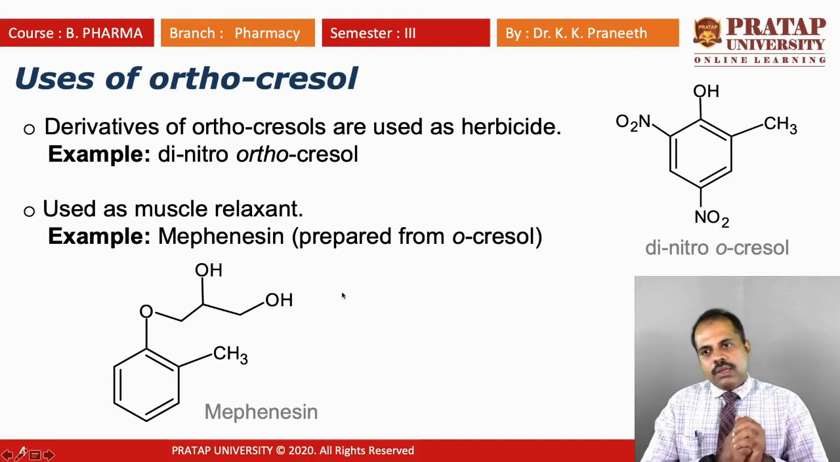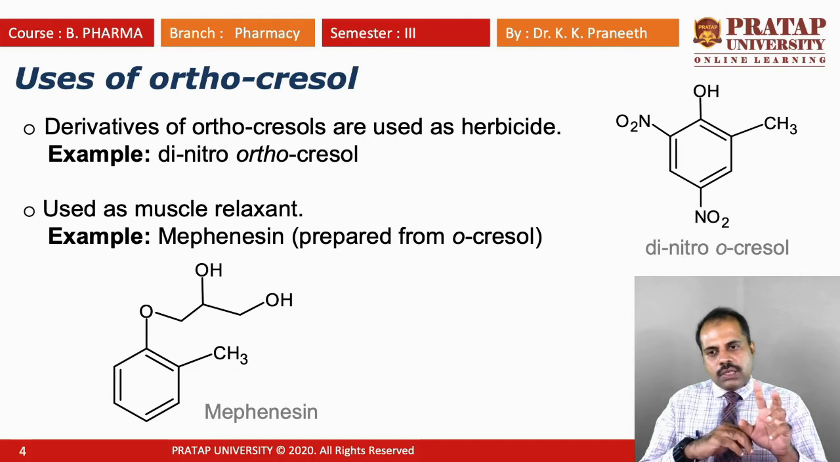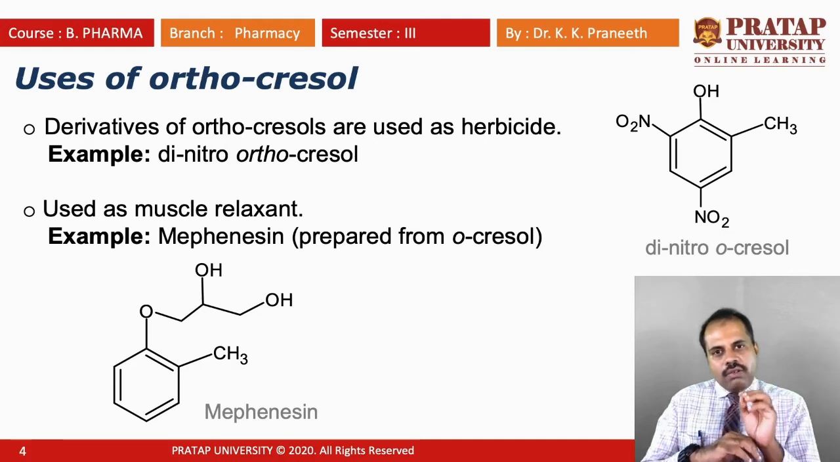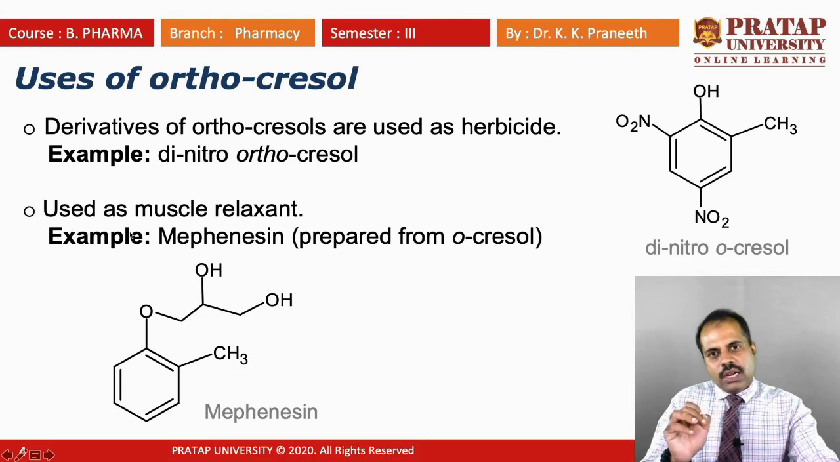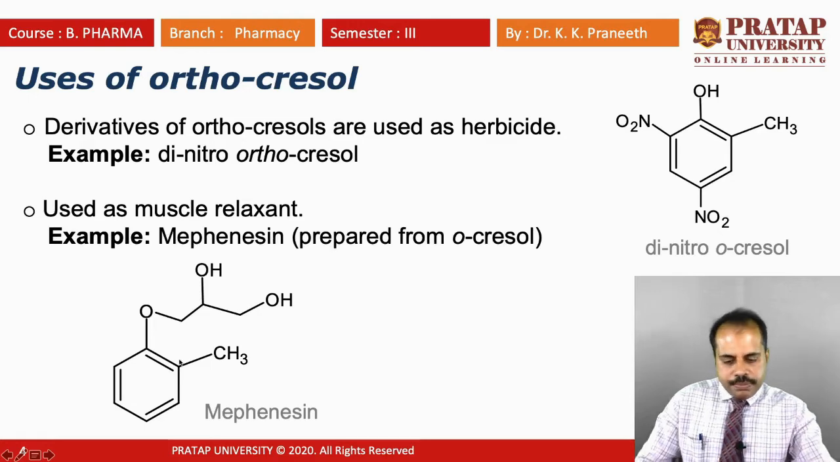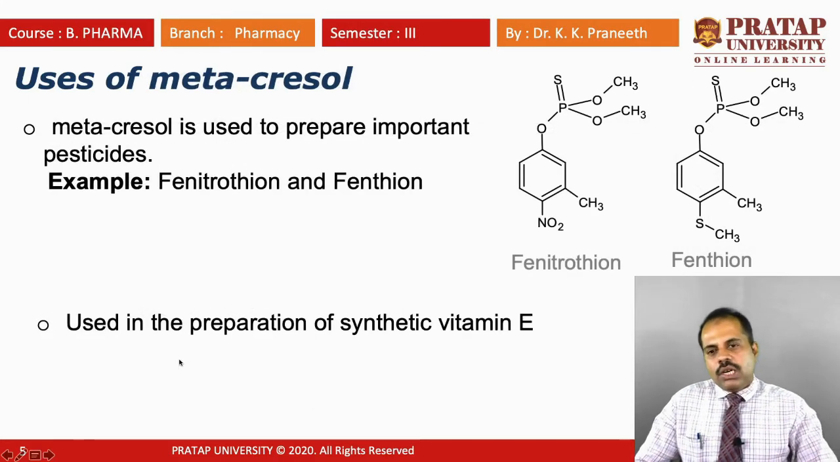So please remember that in the case of orthocresol, I have given 2 examples of uses. They are derivatives of orthocresol. One is used as an herbicide. The example is dinitro-orthocresol. Another important use of orthocresol is mepinazine, which is a muscle relaxant. This is prepared from orthocresol. The 2 structures are shown here. Now let's move on to see